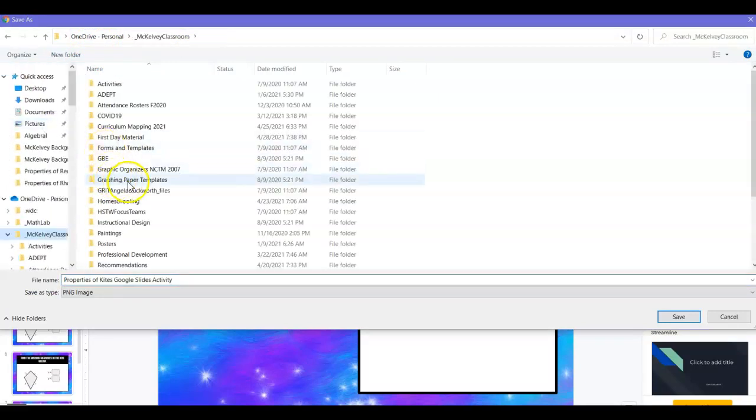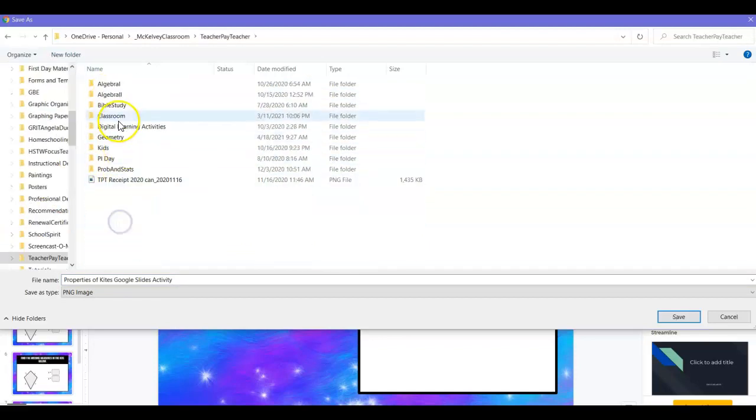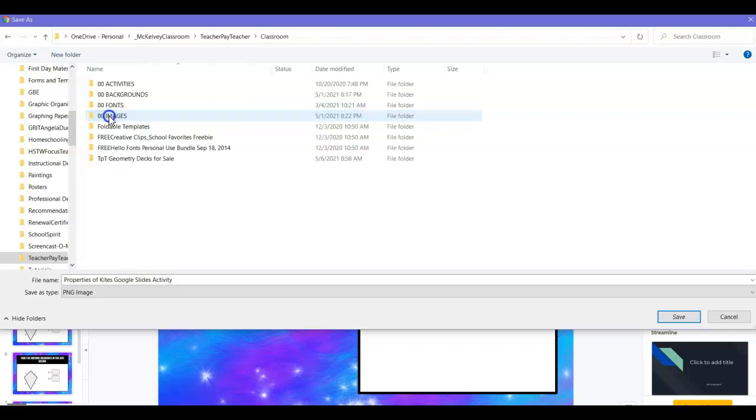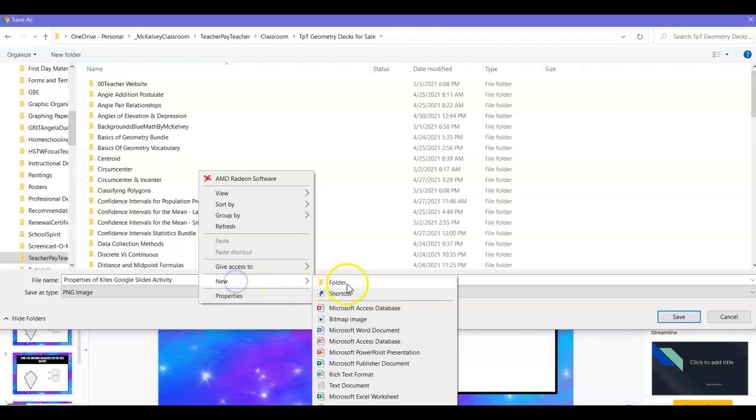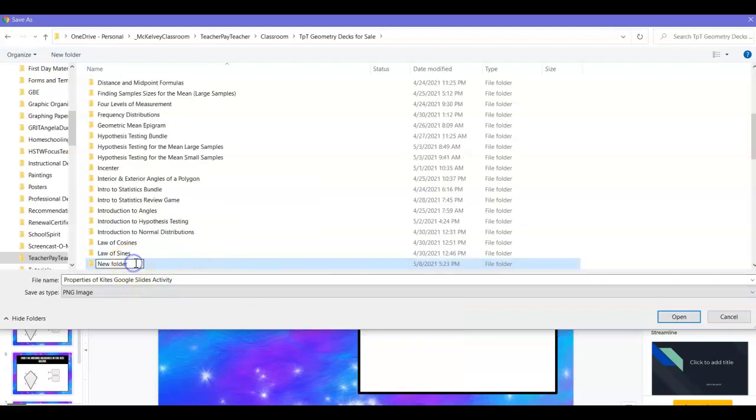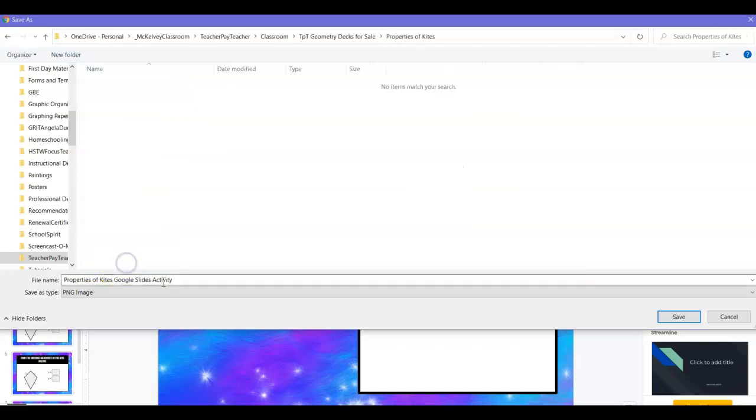So I'm going to go to McKelvey Classroom. I'm going to choose where I want to save this. And I'm going to make a new folder. I would put all of my files that have to do with whatever deck I'm working on. I would make a new folder for that and then throw all of my files in there. I would throw any preview files, I would throw my PowerPoints in there. Whatever files I make for it, I'm going to throw in there. So let's make this